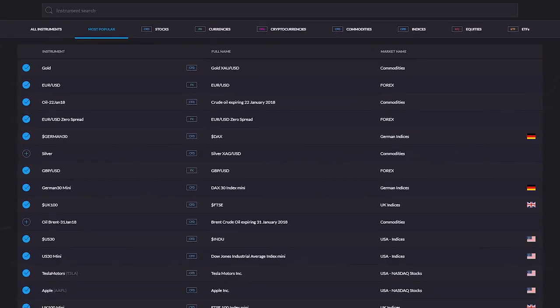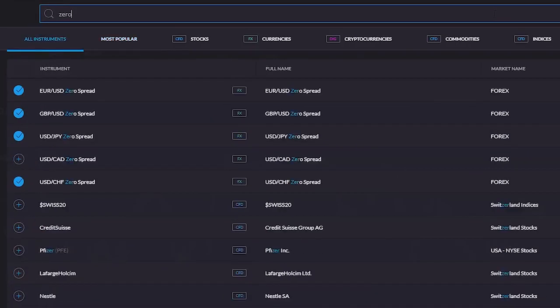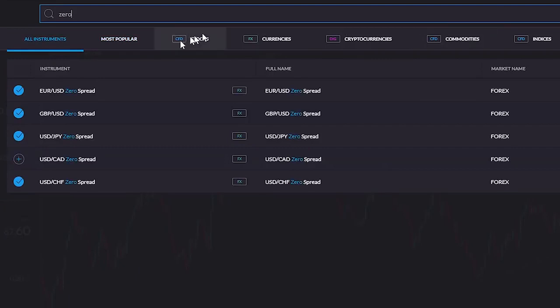And just one final thing on spreads. With Trading 2-on-2, some markets have a zero spread. So actually there is only one price, which is something of a rarity. So you don't have this bid and the offer. So it's for some of the major currencies. I'll type in zero up here, you can see, and there we have the markets. Euro dollar, zero spread, pound dollar, dollar yen, dollar Canadian dollar, and dollar Swiss.